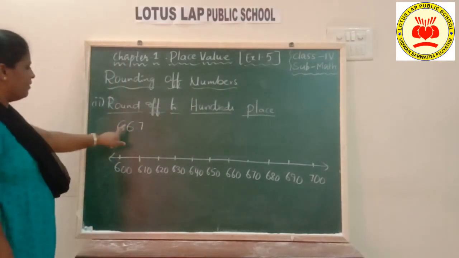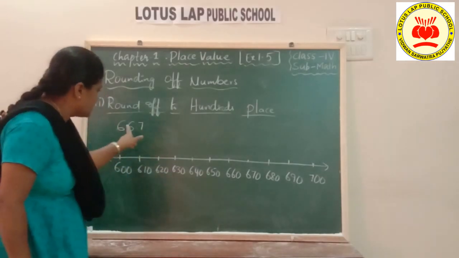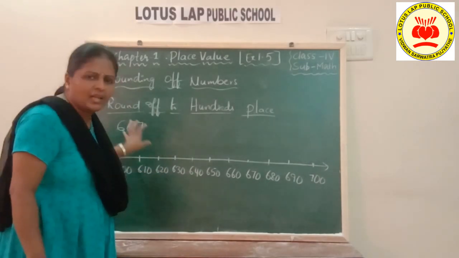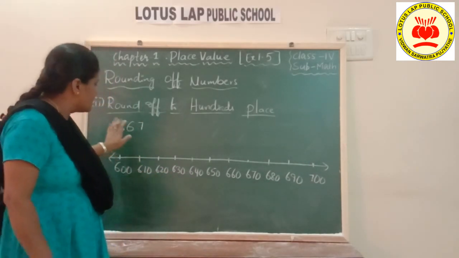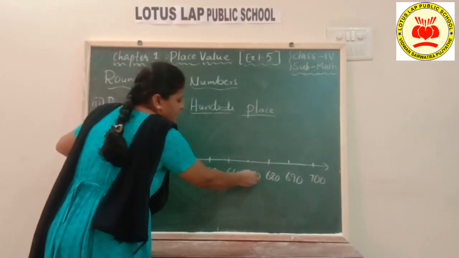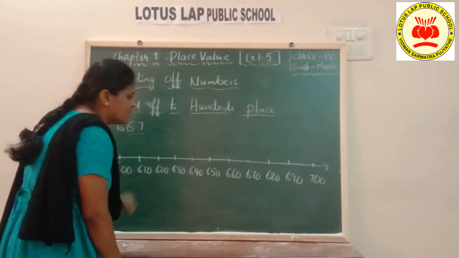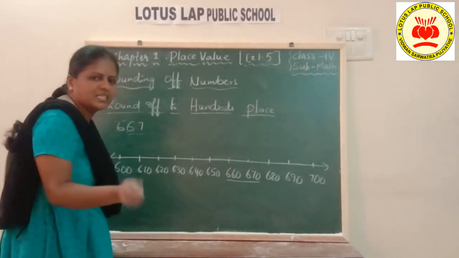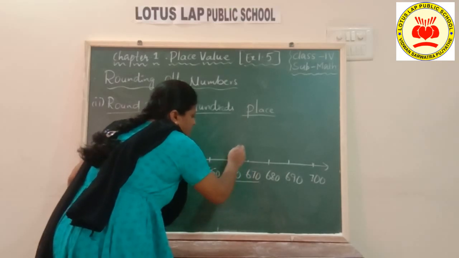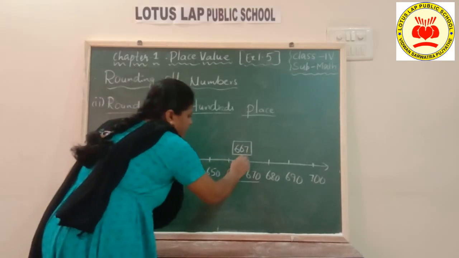Okay. Now let us see where our number 667 is lying on this number line. Is 667 present in the numbers I have written? No, it is not present. But I can find out how. 667. So just see 67. 67 lies between 60 and 70. So this number lies between 660 and 670, somewhere around here, children. So our required number is lying here.